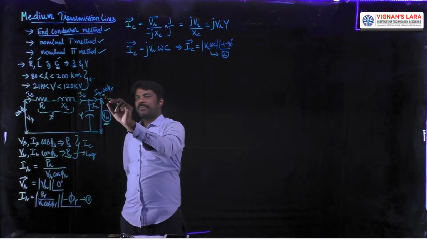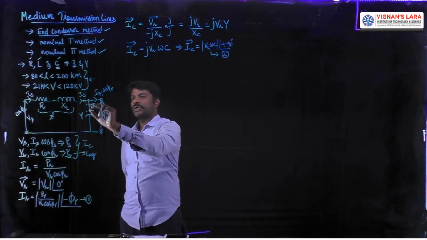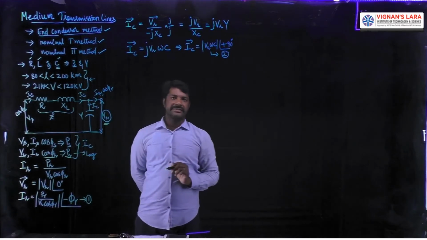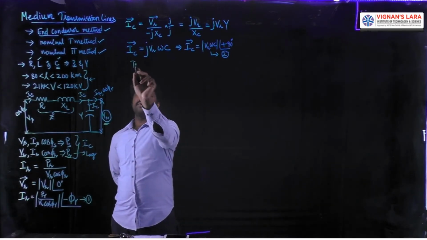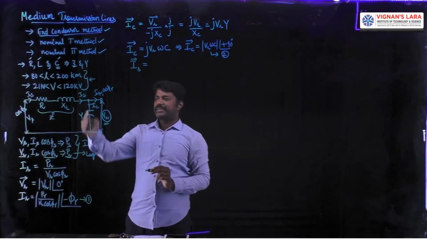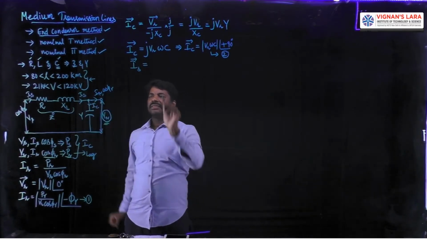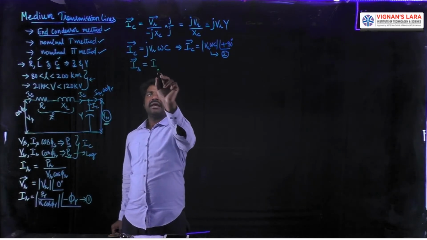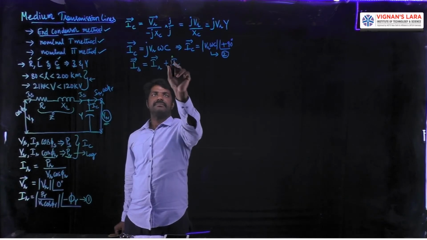So the phasor sum of this IR and IC, as per KCL at this node, gives me the current called IS. That is our third step. So in the analysis, now I am going to calculate the current IS, applying the KCL. On applying KCL, sum of incoming currents is equal to sum of leaving currents. The leaving currents are IR phasor plus IC phasor.